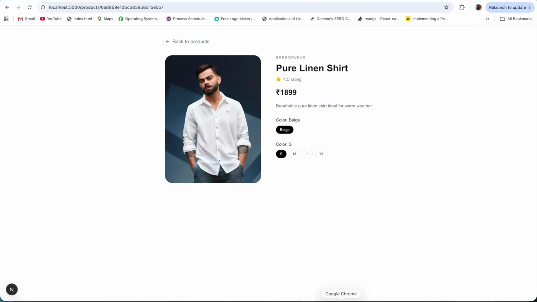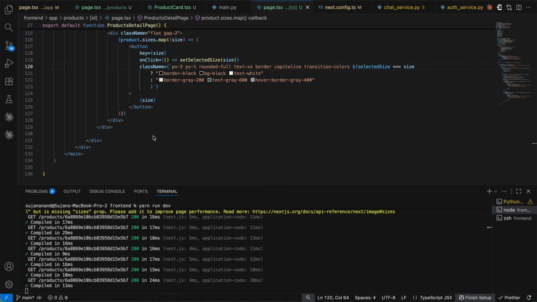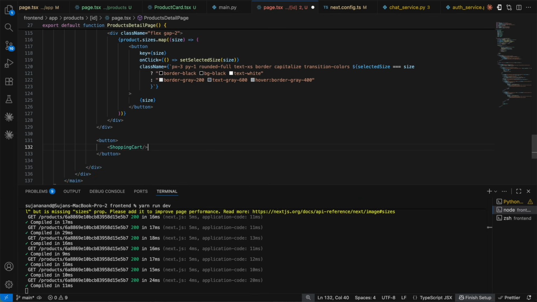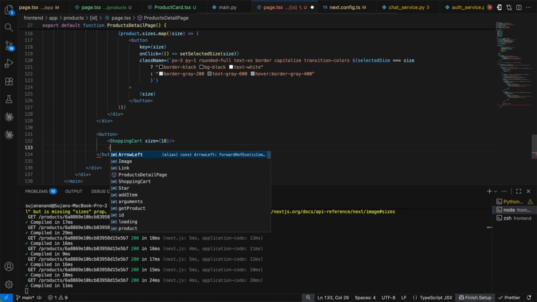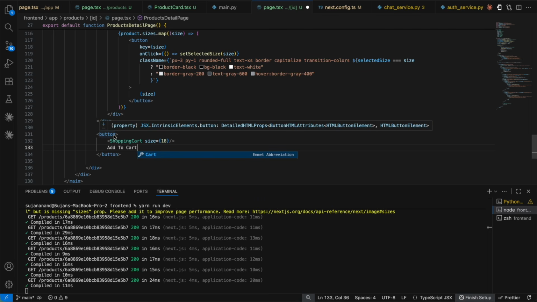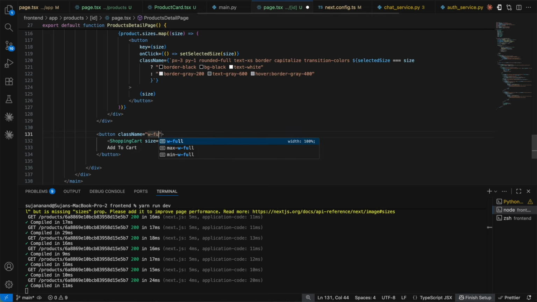Save, and there you go. Just like that, everything is getting selected, and you're also able to see the color changing over here onto the screen. Next, the final most part is to design the button to add to cart. Shopping cart from Lucid React, size of 18. Here I'm going to say add to cart, and button class name width is going to be a full,